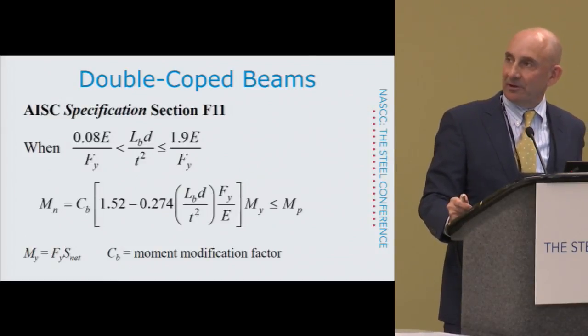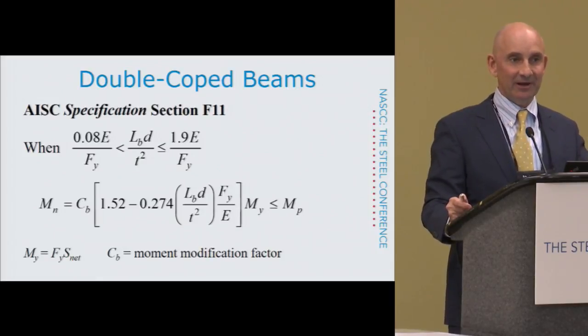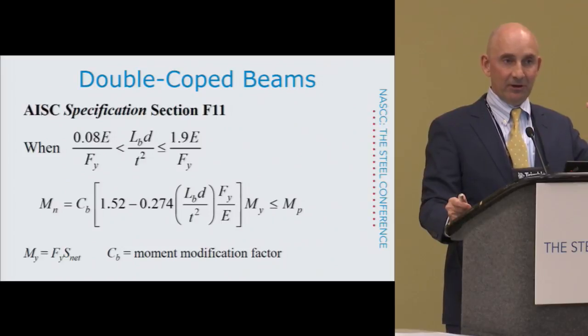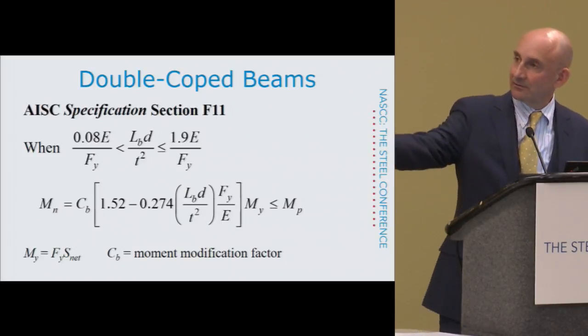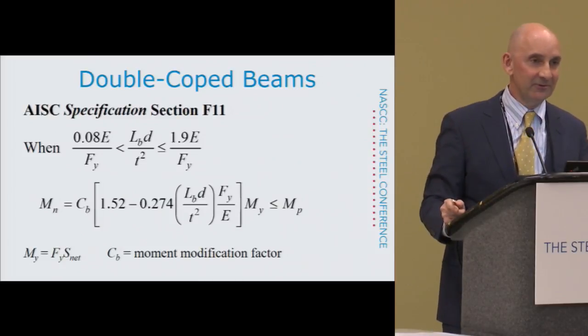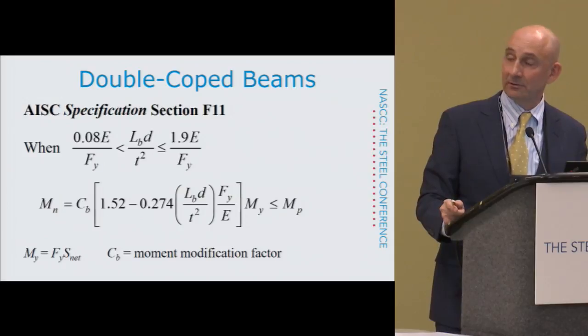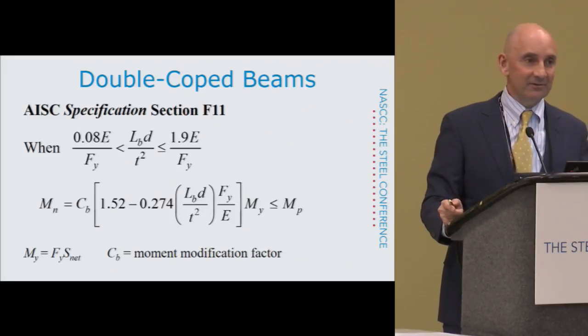Now, this is where you're going to be a lot of the time. You'll be in the next two zones: the inelastic transition zone or the elastic zone. But here's the thing, C sub B. You've got C sub B over here, and of course, just like any other specification requirement, it can be no greater than M sub P, the plastic moment. So that makes sense. But a lot of times C sub B, in our case, is going to be so